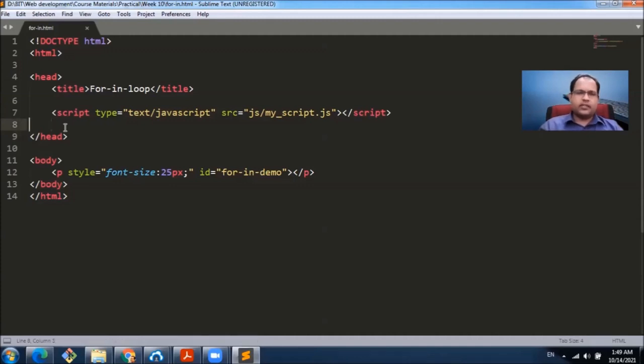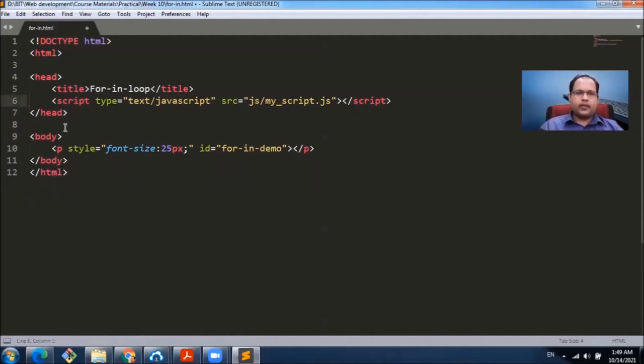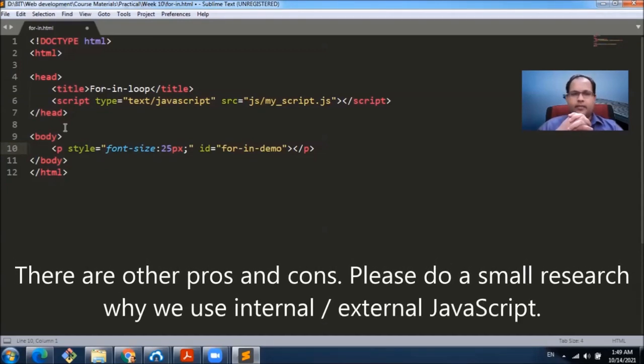What is the advantage of using external JavaScript? Okay, clearly the code is very compact because we do not have any JavaScript code inside the HTML file, and it is very clean. And there are other benefits.